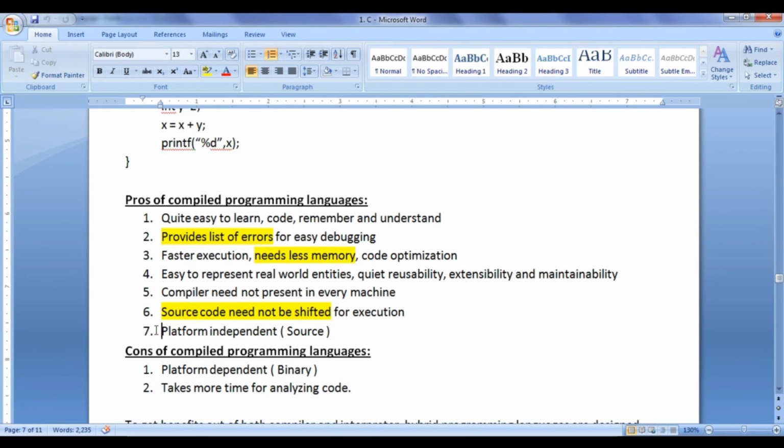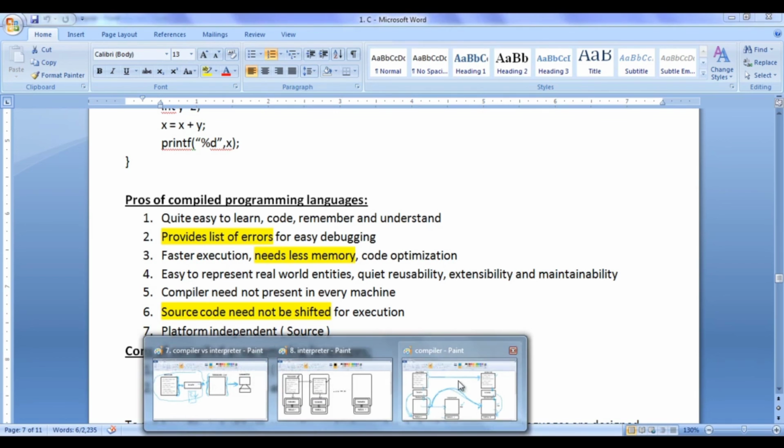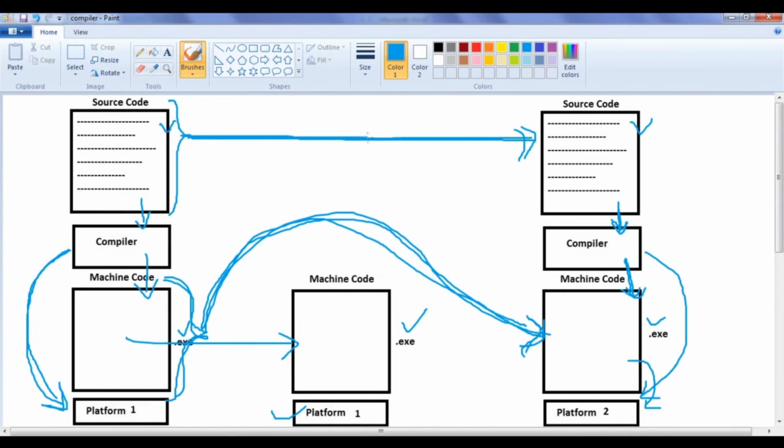Hope you guys have understood what source independent is. Source independent means you need not readjust or modify the source code. You need not worry about the underlying platform for writing the programs. You just write the code once and execute that on many other platforms.